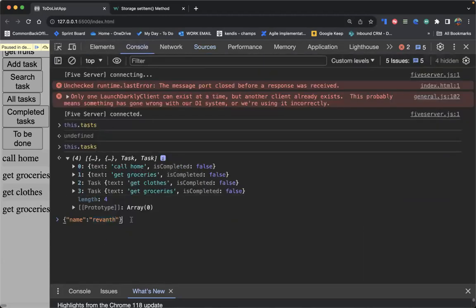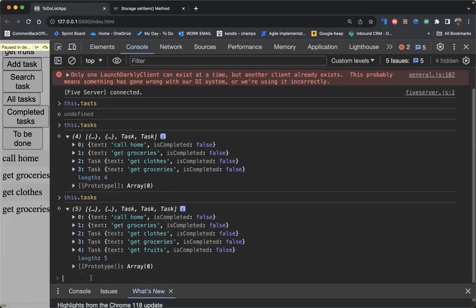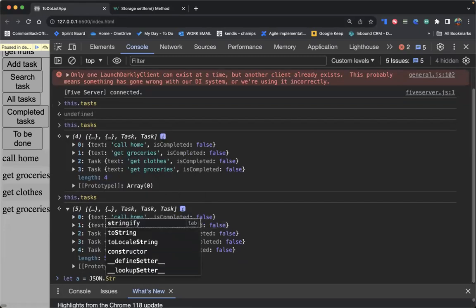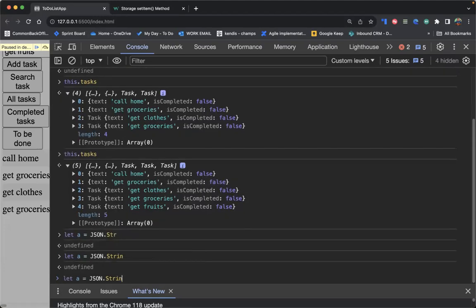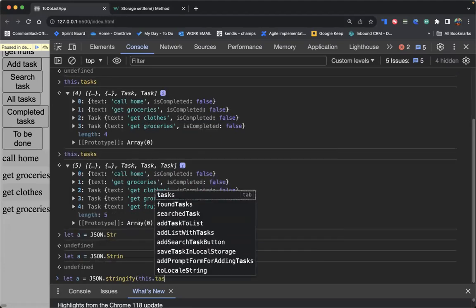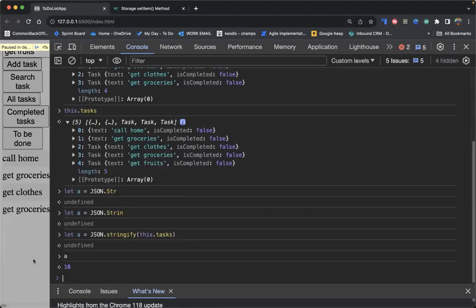So if you observe, this dot tasks, it's an array of objects. Okay, if I write let a equal to JSON dot stringify, sorry, stringify this dot task, then